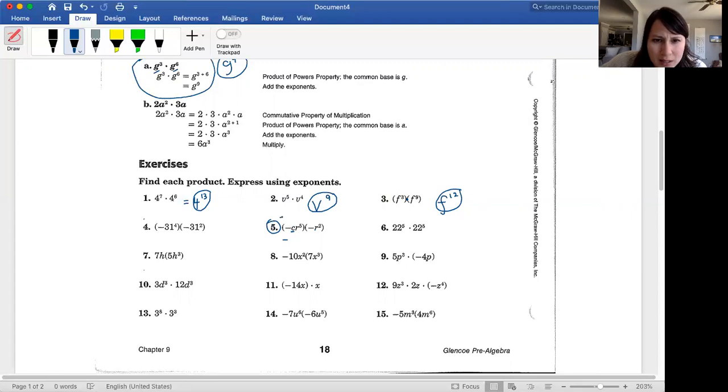I'm going to look at this as -1 times C times R to the fifth. And then I'm going to look at this as -1 times R to the second. Now, let's look at this. If we have a negative times a negative, what happens? Doesn't that cancel and become positive? So if you see two negatives being multiplied, then